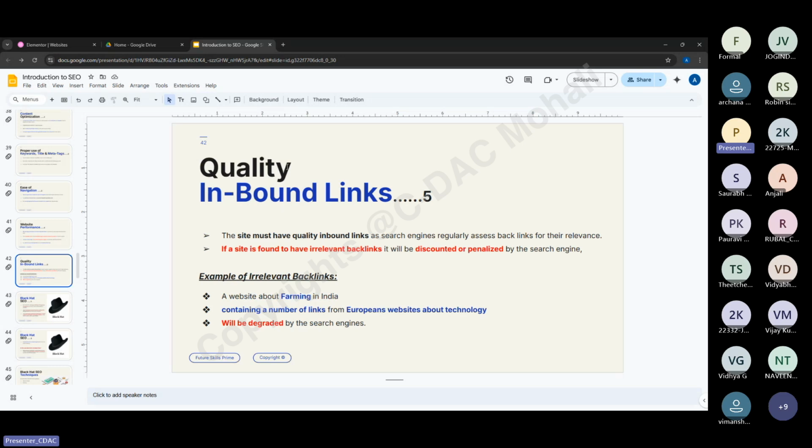Next is quality inbound links. In quality inbound links, this site must have quality inbound links, as search engines regularly assess backlinks for their relevance. And if a website is found to have irrelevant backlinks, it will be discontinued, or there can be a penalty by search engines also. So an example of irrelevant backlinks: suppose you have a website